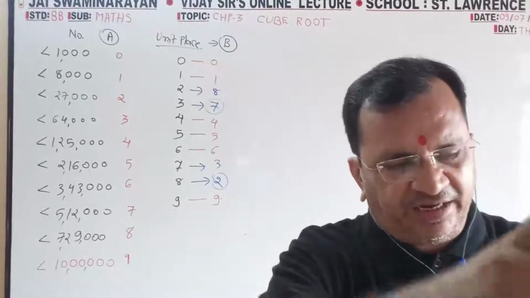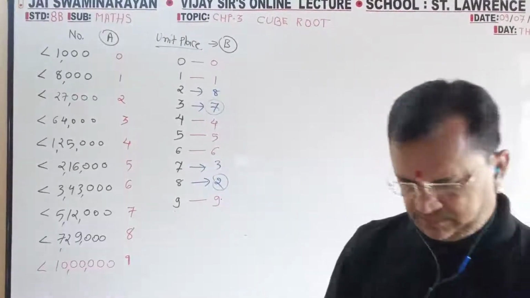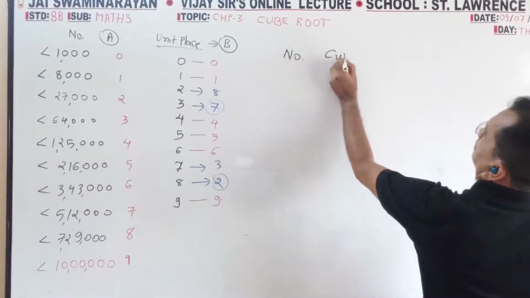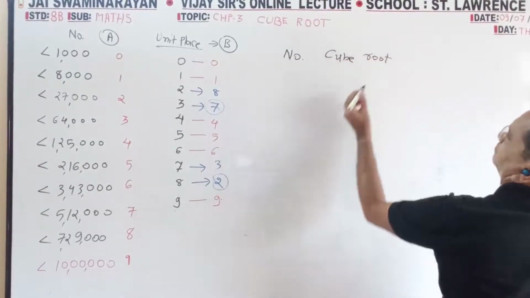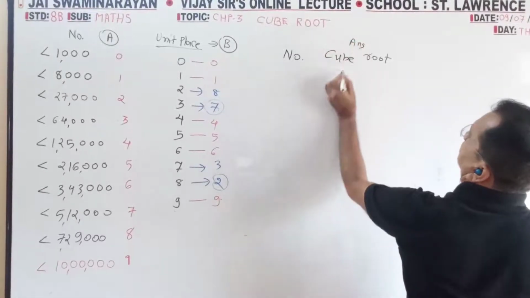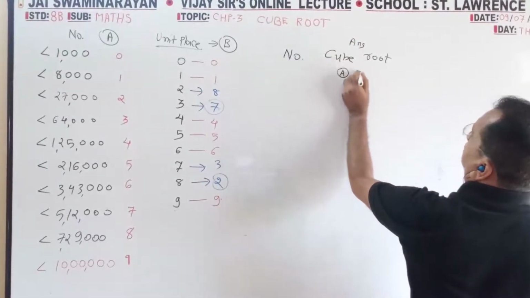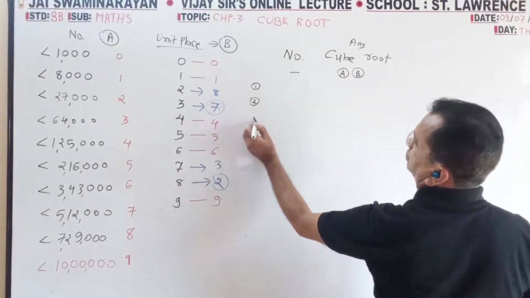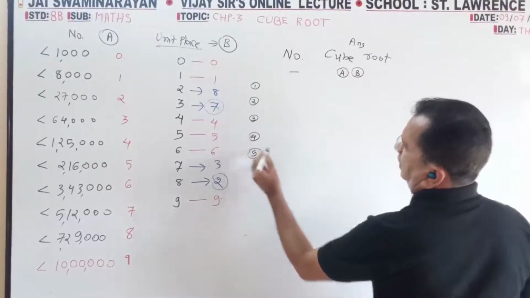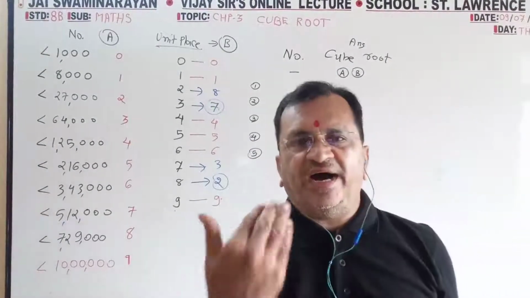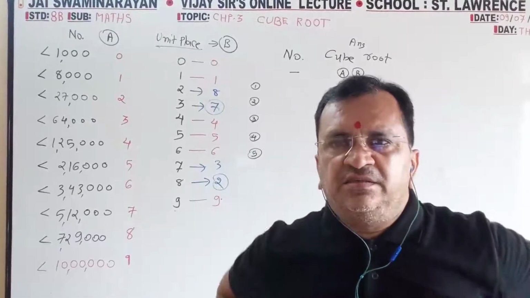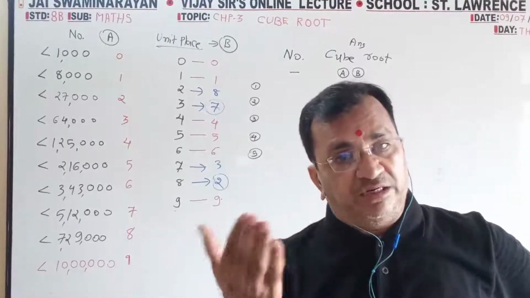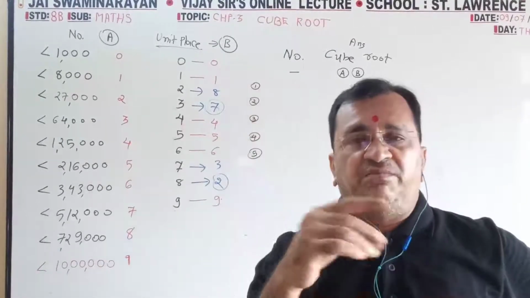Is anyone ready with the calculator? Number, cube root means answer. This is A group, this is B group, this is number 1, 2, 3, 4, 5. At least 5 numbers I want. Fast, tell me. Here I can see Omkar, Alika. Give me the number, but by calculator you have to do this into this into this. I will tell which number you have used. Fast.